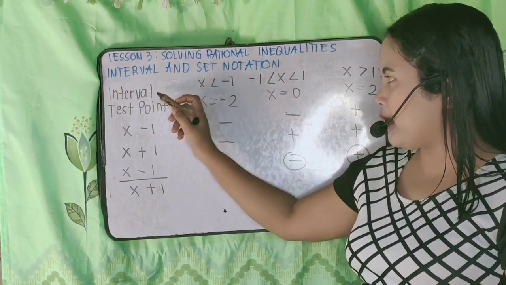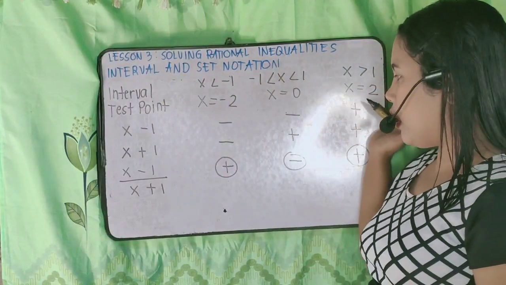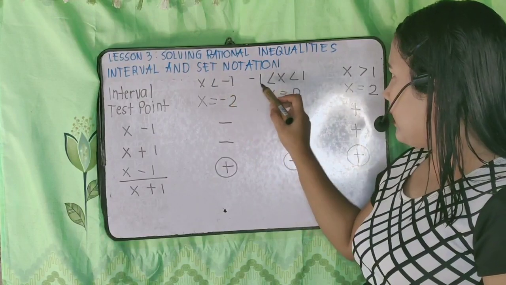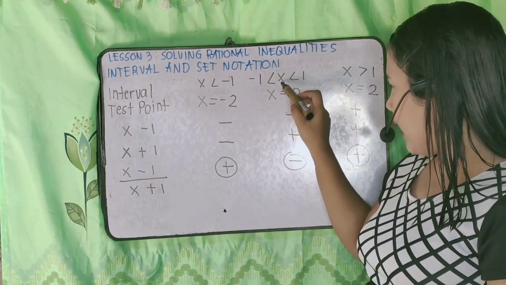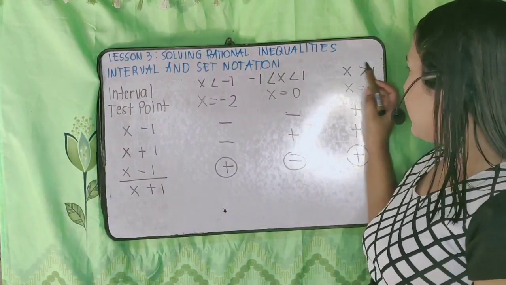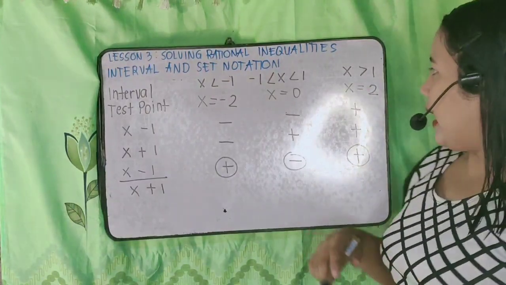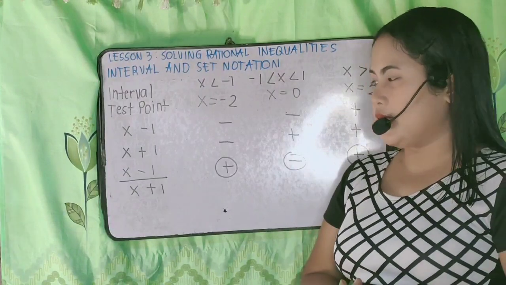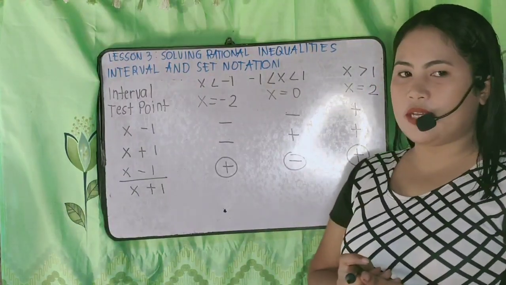So saan po ba nakuha yung interval? So yung kanina pong pinakita ko sa inyo, so which is x is less than negative 1, negative 1 is less than 2x, x is less than 2 negative 1, and then x is greater than 1. And then, for test point, paano po ba kukunin yung test point? So, para po makuha yung test point,